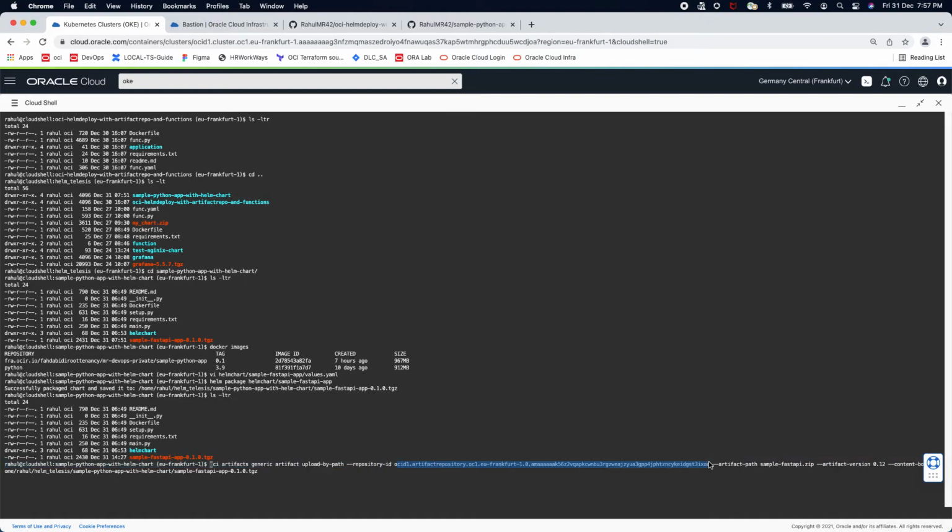That's the repository that we have created, and the artifact path, because this name is very important. This is what we have given to the Service Connector Hub to say, look at this path, and whatever comes from this path, then you invoke the function. So if you don't use the right path, it will not work. The content body is basically the tar.gz that we have created. That's all. So now we just run the OCI artifact command with the tgz file and give the path. And once you do that,